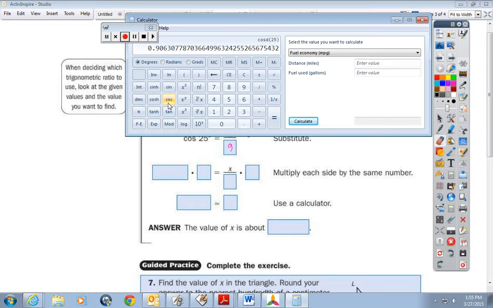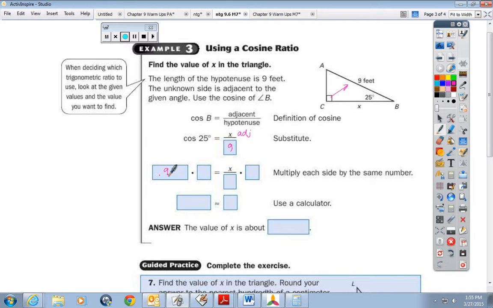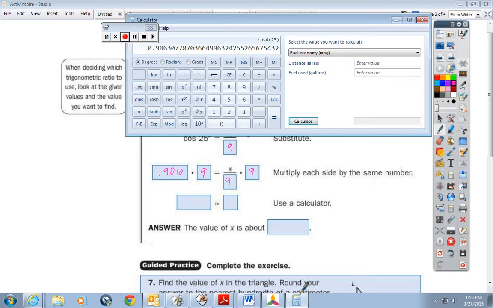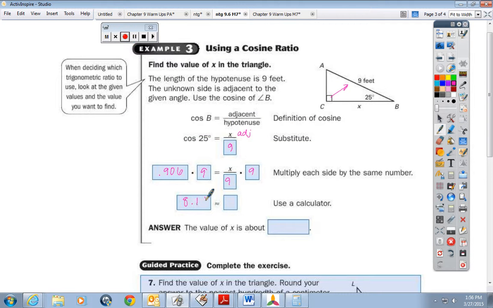0.906. Okay, so what I'm doing is I'm saying, what's being done to x? It's being divided by 9. What's the opposite of dividing by 9? Multiplying by 9. So if I multiply both sides by 9, so if I take that number, 0.906, and I multiply times 9, I get 8.15, and we'll round 5. And that equals x. So the length of this right here is